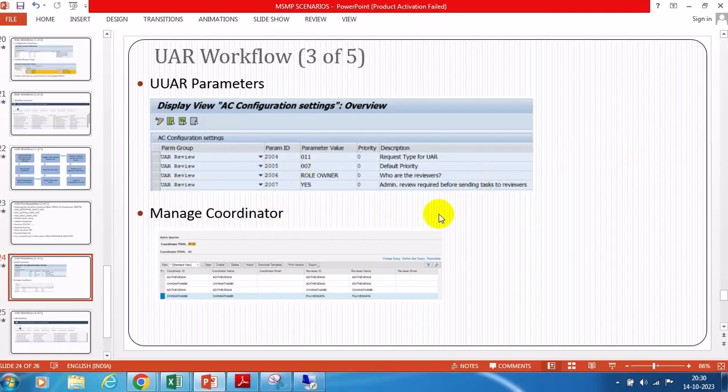Why do companies maintain admin review? Generally it's a kind of help desk job for the security team or GRC team, or whoever the coordinator for UAR is. It's a kind of security check or help desk job. Make sure that